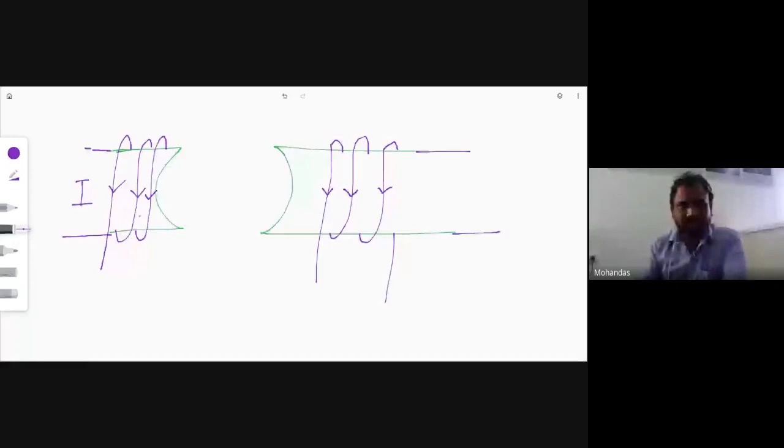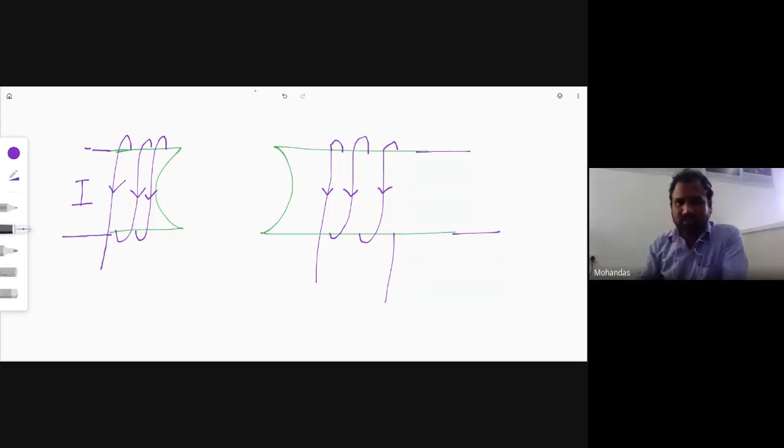Now the magnetic flux here. Apply the thumb rule. How to place the thumb here? You have to place the thumb like this. If you place the thumb like this, that means the four fingers are showing in the direction of the current. Then what does the thumb show in this case? The thumb shows from left to right. Very good, left to right.